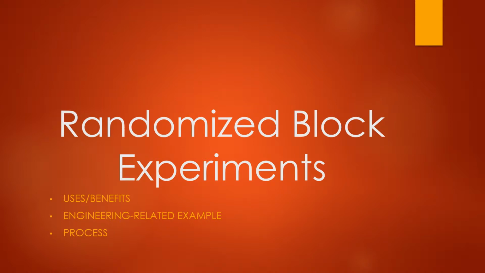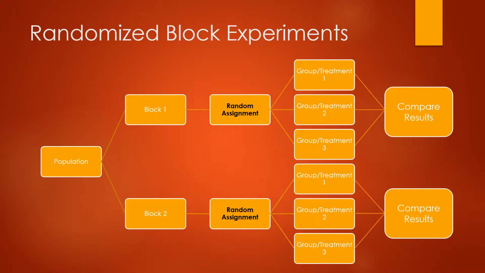So we are talking about randomized block experiments. I'll go over the uses and benefits of these experiments, an engineering-related example, and the process of how to run these experiments. Randomized block experiments are used to test how different groups of subjects, or blocks, are affected by various